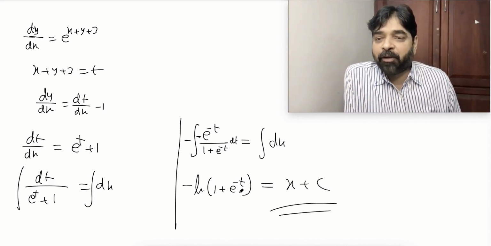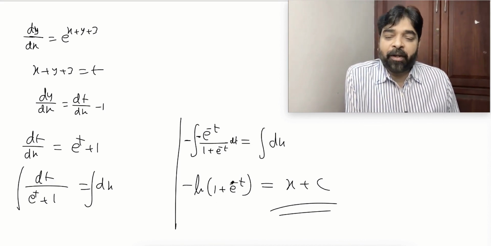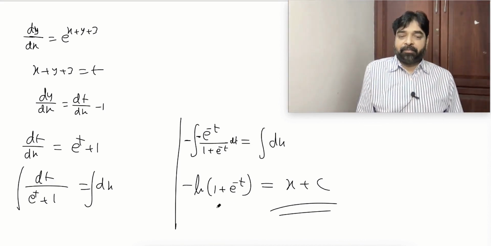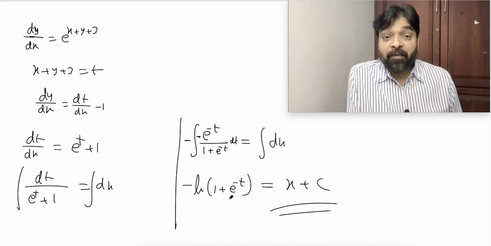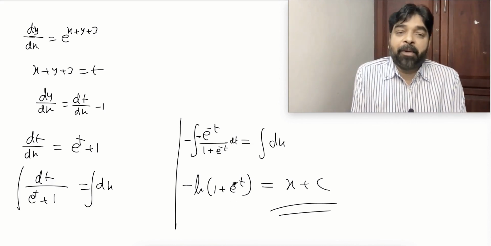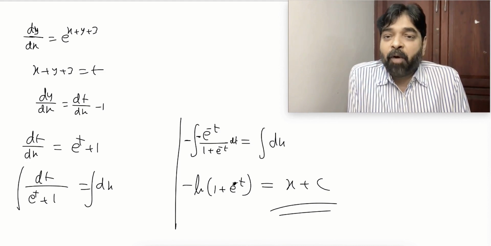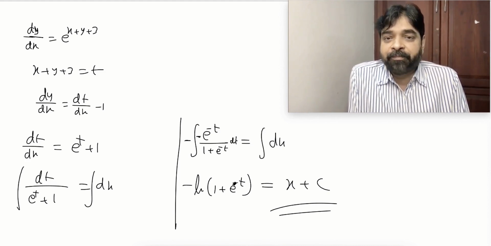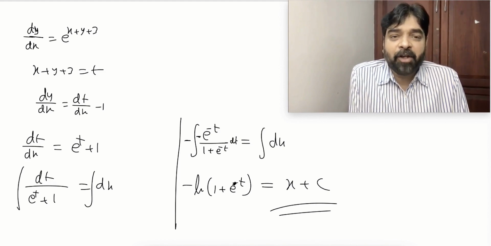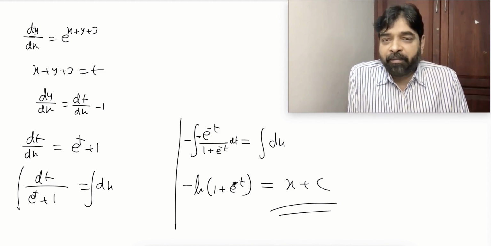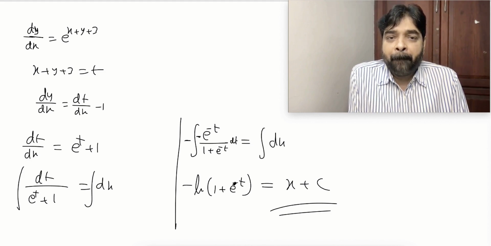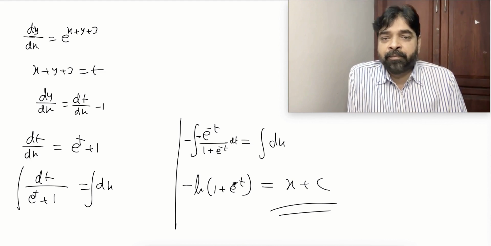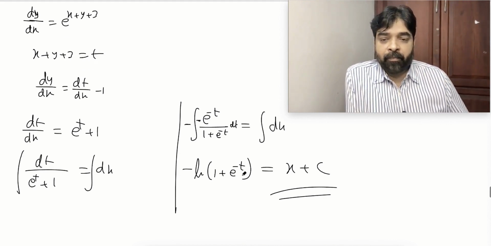Of course, the t value you have to substitute back. If you want, you can convert it in many ways. The answer will not match exactly, it will not be the same, because it depends on what way you are proceeding with substitution. For indefinite integration, the answer depends on that procedure. But both are the same only. If you expand it, you will get the same thing. You are not going to get a different one. Is this clear to everybody? Okay.